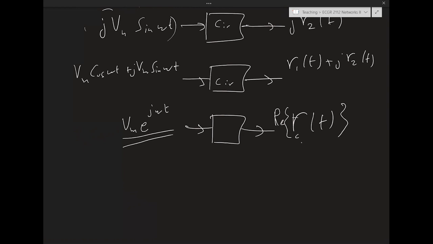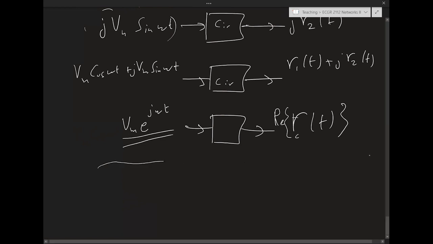Why do we want to do this complication? Why do we want to solve for complex forcing functions instead of just using the real function? It makes the solution easier. It makes arriving at the solution easier. Okay, so just to show how it makes it easier,